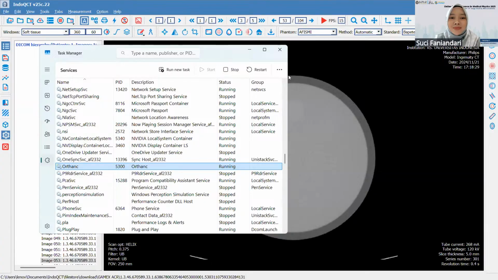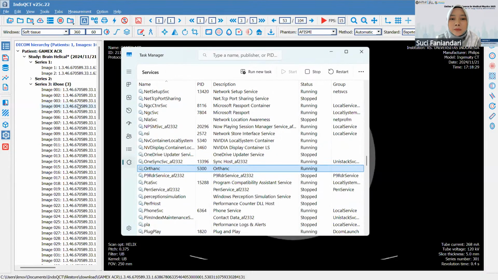Okay, thank you, Mr. Arich. The next question is from Mr. Suraj. Can we delete the image from the DICOM series image? How can we make the series image only 2 until 5 images? Do you mean in the back server or in IndoQCT? Maybe Mr. Suraj Sah, you can make it clear. Is it from IndoQCT? Yes, it's from IndoQCT, Mr. Arich. Okay, then we can